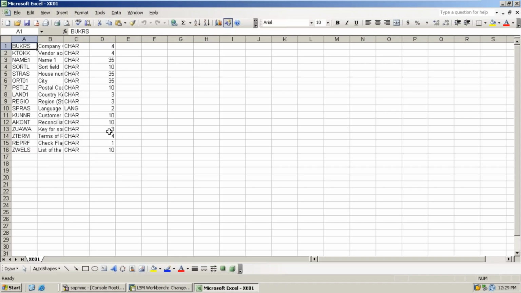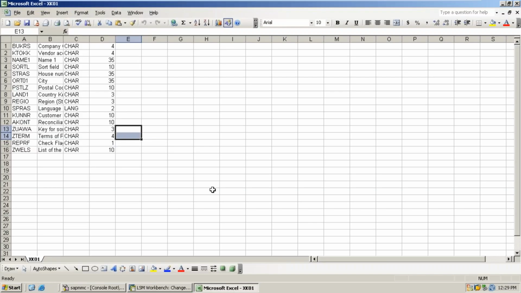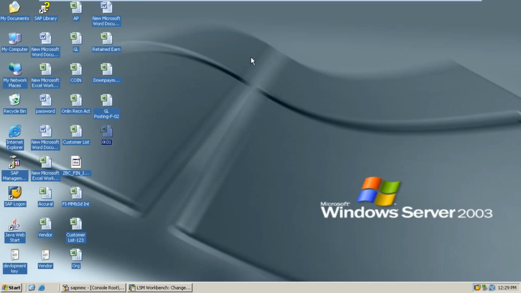In case you have an LSNW and you don't have any flat file format, then what to do? How to prepare it? You just come to the LSNW, take the third step, copy all the fields, put them in an Excel sheet and prepare it. Now I have put them in an Excel sheet like this. Understand, right? Now how to create the flat file? Observe here very carefully. If you make any mistakes here, you cannot upload data successfully.